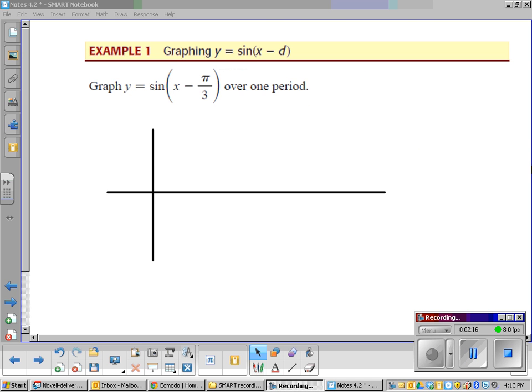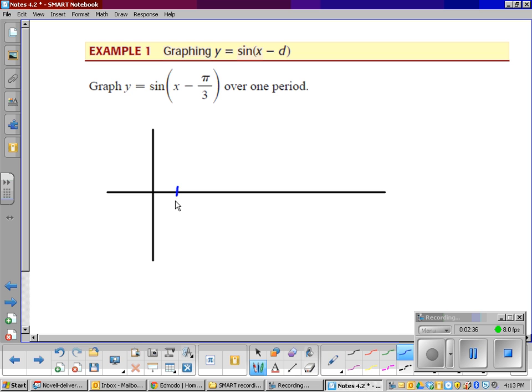So we'll look at a few examples. Let's start with a simple phase shift or horizontal shift. There's nothing else going on except for this change to x inside the angle that belongs to that sine right there. So this indicates that our graph is shifting to the right pi over 3. Normally I would start the sine graph at 0, but now I'm going to shift it to the right pi over 3. From the beginning to the end of the graph is still 2 pi, so if I take pi